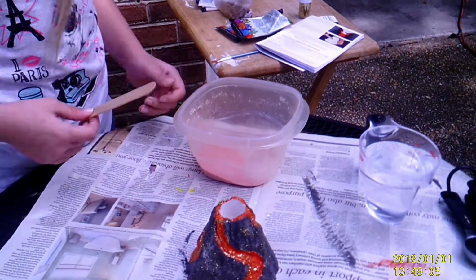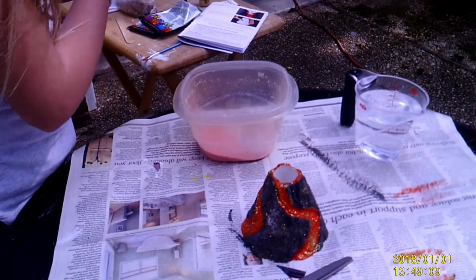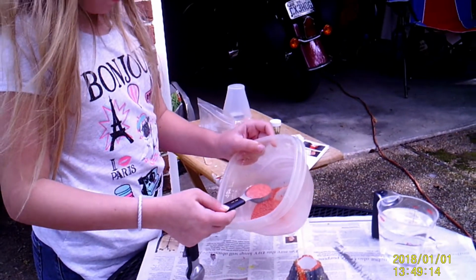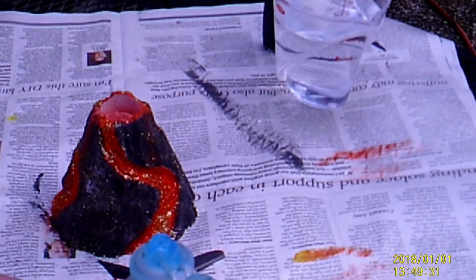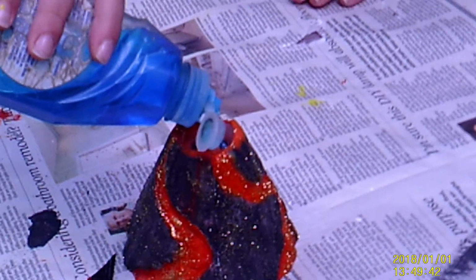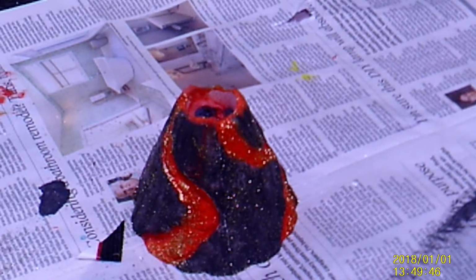Now I put a tablespoon of this in the volcano. Now I add a couple drops of dish soap. Now